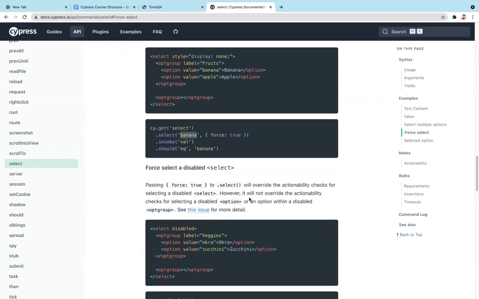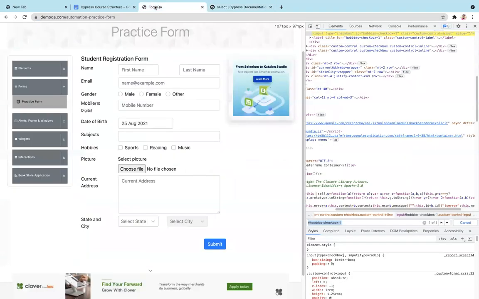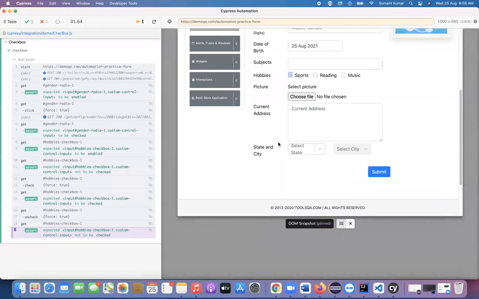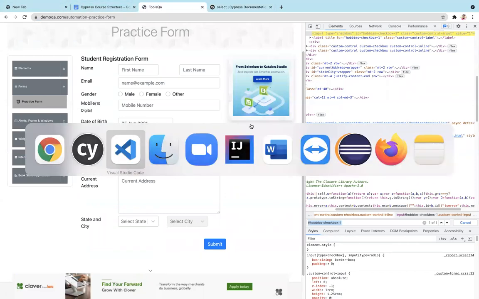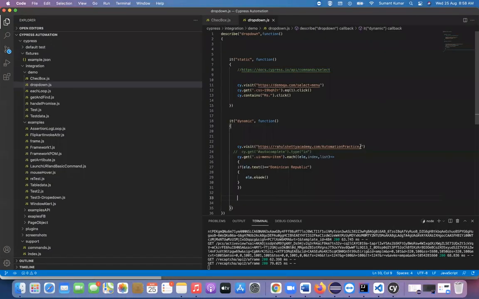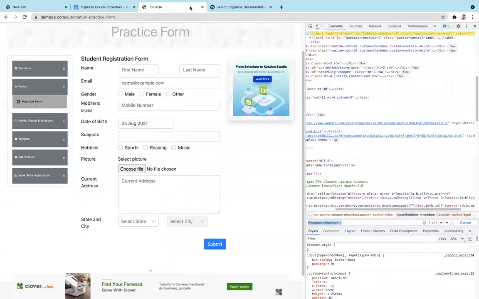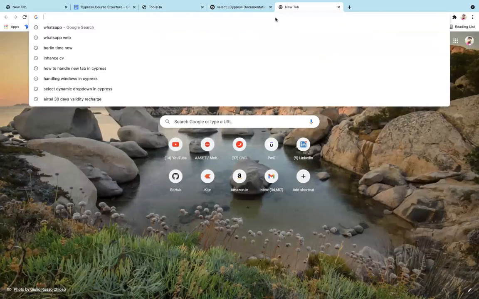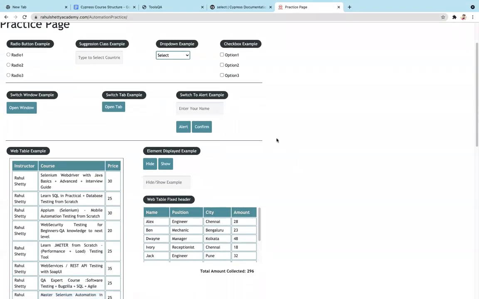But this will only work once we have this select tag. Okay, so I tried to figure it out, but in the real things I didn't get it, and I had only one URL, like this one. If I go to this particular site, this is again a practice site, I've got it. I can just show you the example, but in the real scenario, if you get it, you can figure it out.